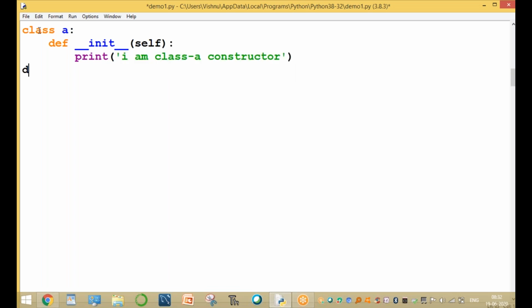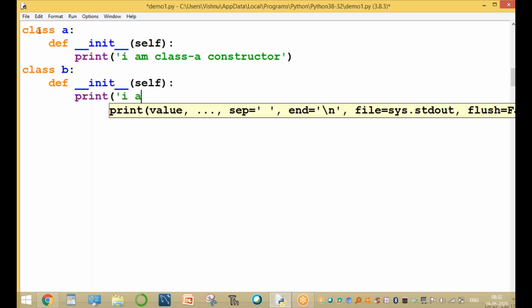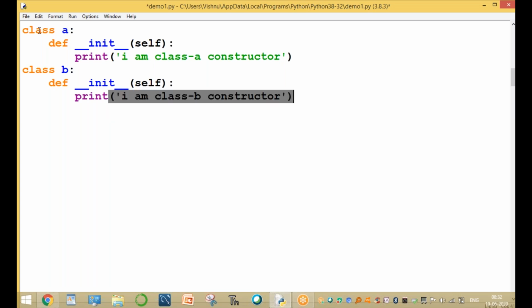Another class is class B colon def underscore init underscore of self. Print I am the class B constructor.